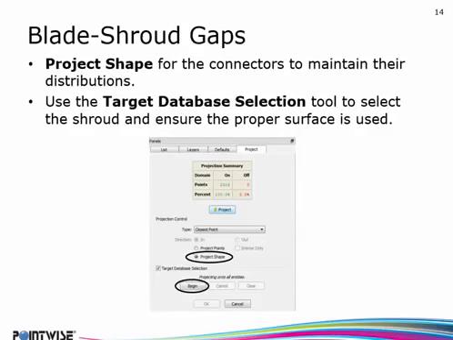I'm projecting the domain with its connectors, and project shape is intended to essentially just take the shape of the connectors, put them on the new surface, but maintain the spacing constraints that you had on the original so that it doesn't give you what we call a type general distribution